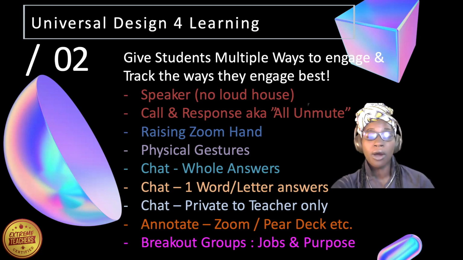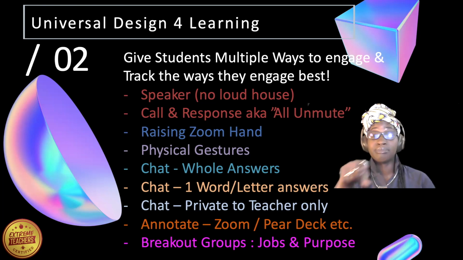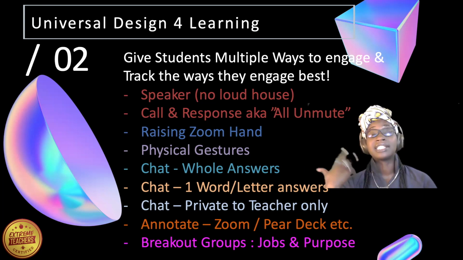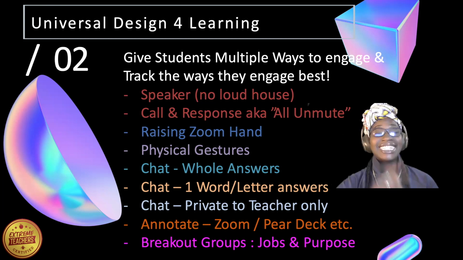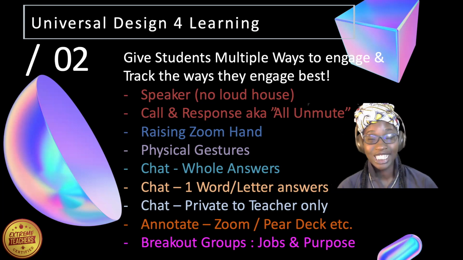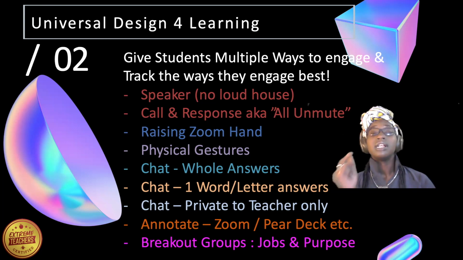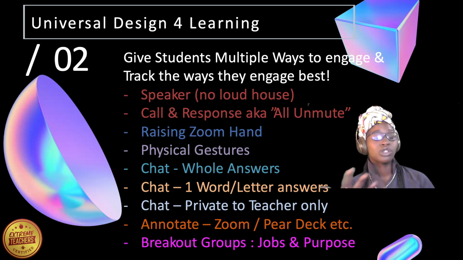3, 2, 1, go. And I would click the button on Zoom that says ask all to unmute. So there would be a pop-up that says the host wants you to unmute. Ideally, they would click that, say electoral, and then they would mute themselves again. Again, these are students that I trust and not say anything crazy.